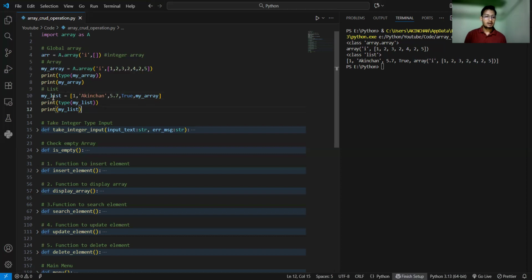So here you can see my list, and I write the value inside the third bracket, and after that when I print the type of this my list, then here you can see that the type is list, and after that I print the value. Okay, whereas in case of array, here you can see print type array is array, but